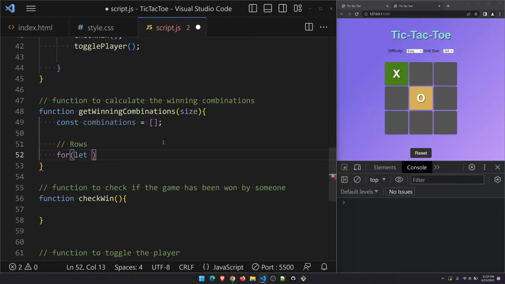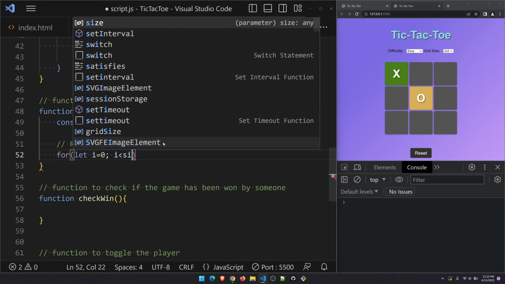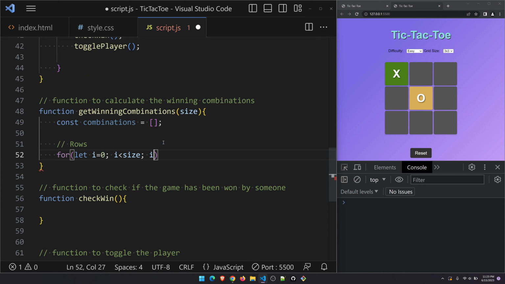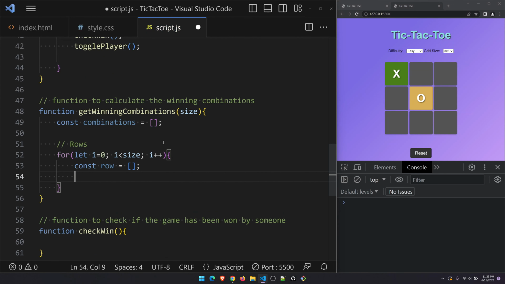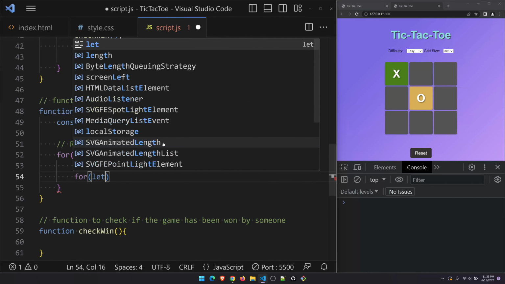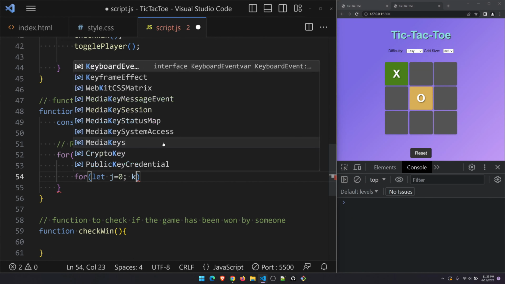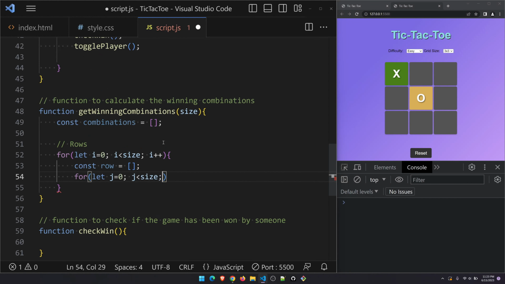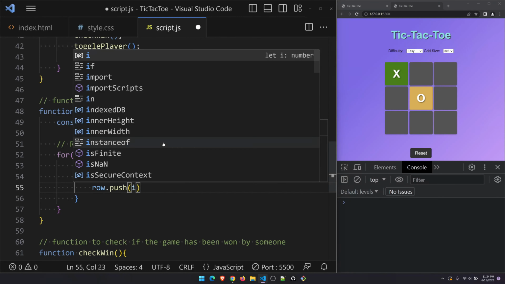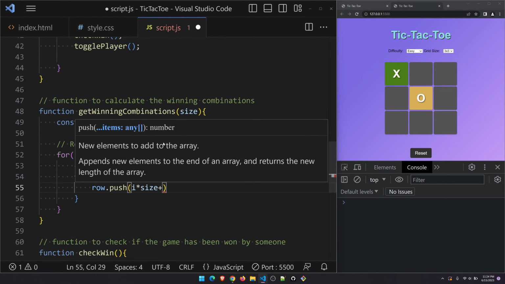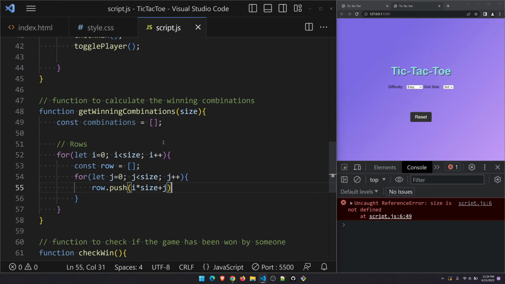So we're going to say for let i equal to 0, i less than size, i plus plus, and then we are going to initialize the row inside it to get all the row values, and then we are going to do another loop inside, calling for let j equal to 0, same thing, j less than size, j plus plus. Okay, so now we have created that. Now we will do a simple math on top of it. Row dot push i into size plus j. So what this does is